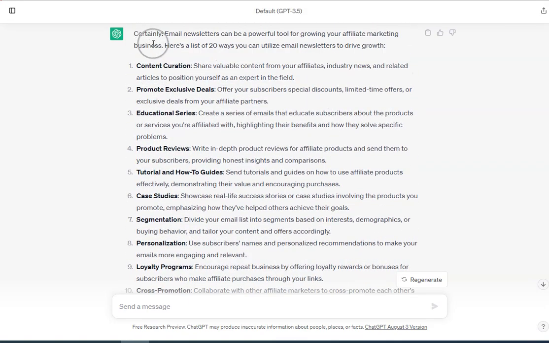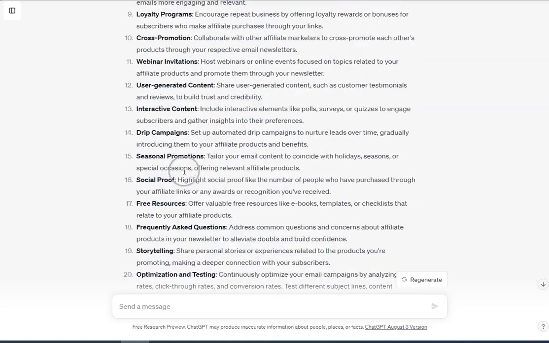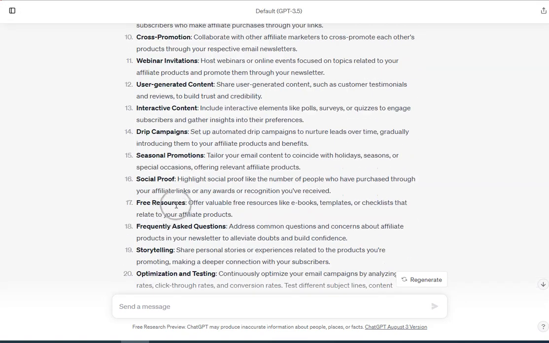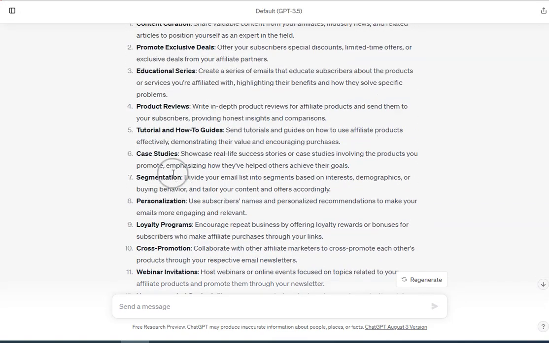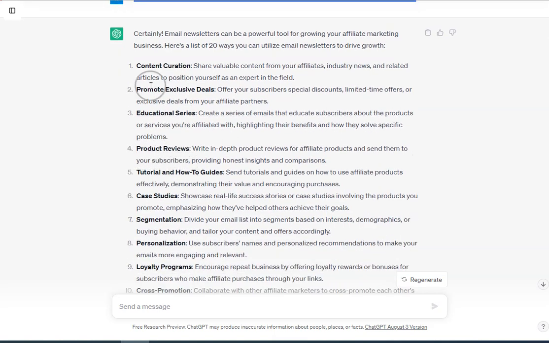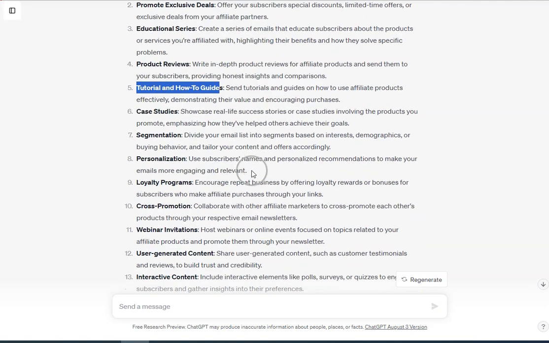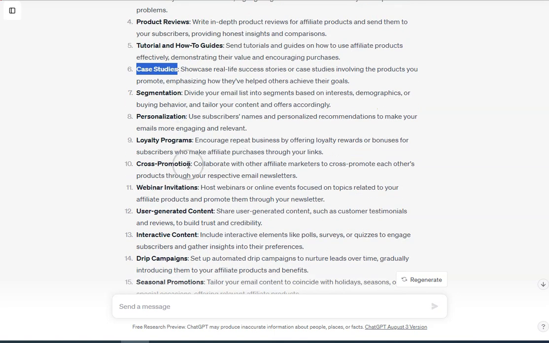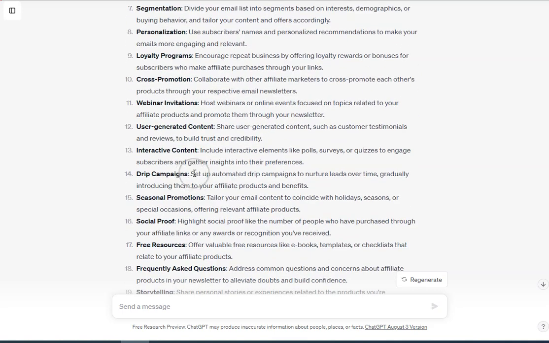You can actually apply most of these to your niche and get people interested and get people clicking on your affiliate link. So we've got content curation, we've got product reviews, tutorials, and some of these are going to lend themselves more to different niches. So we've got things like case studies,